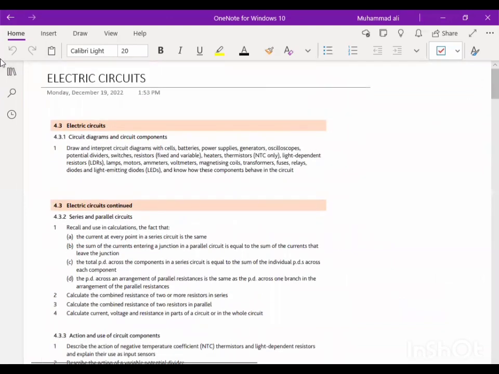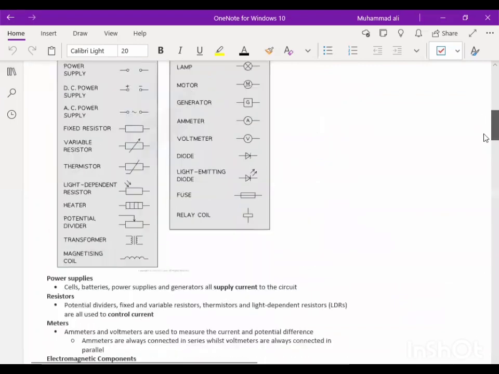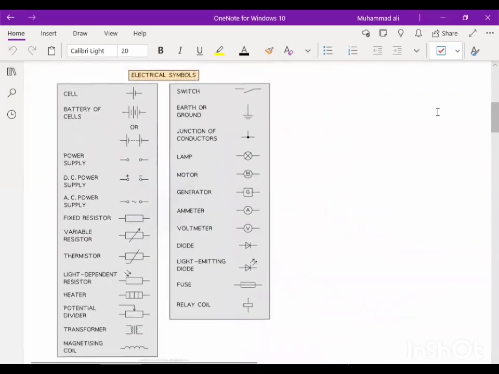So for this we have electric circuits. Now circuit diagrams and circuit components. For your syllabus you need to know certain symbols and what they mean whenever you see them. So cell we already know, it looks like this: battery, power supply, DC power supply, AC power supply, fixed resistor, variable resistor, or you can say rheostat, thermistor, light dependent resistor, heater, potential divider, transformer, magnetizing coil,